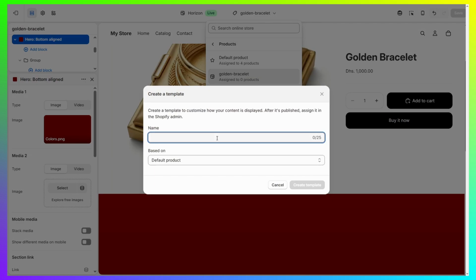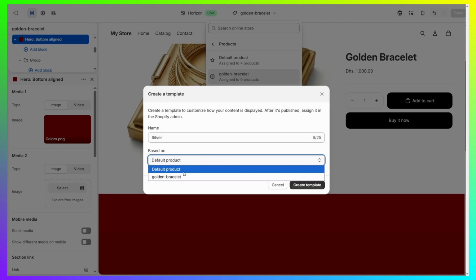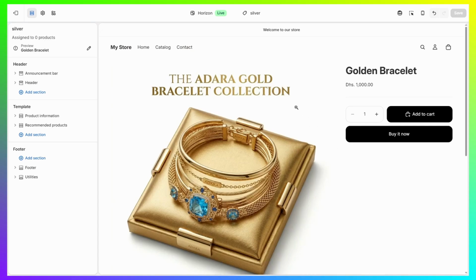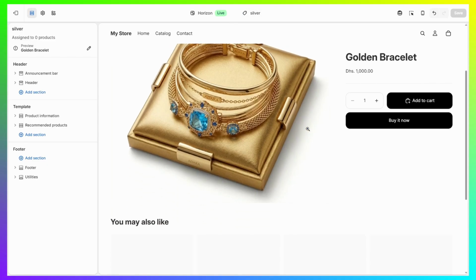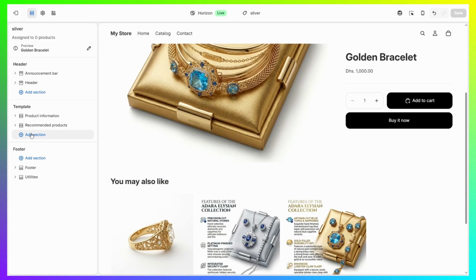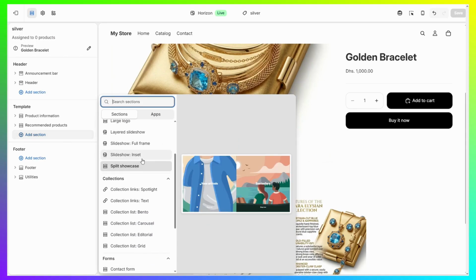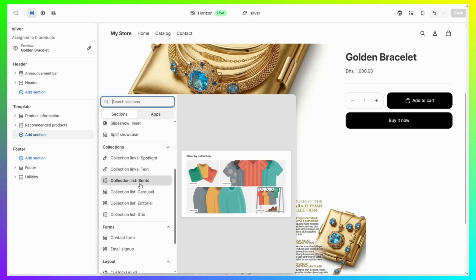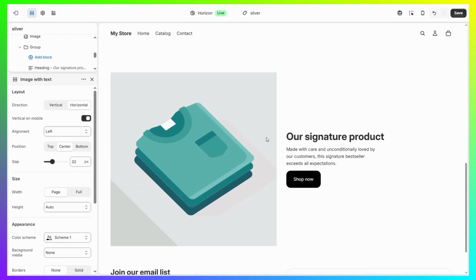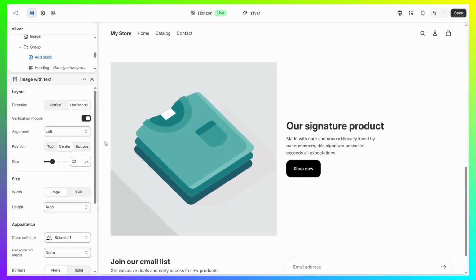And I have another product which is silver. So I'm just going to name this one silver. And again, based on the default product page. If you want to copy the other one, sure, it doesn't really make a difference, but I'm just going to do this one. And again, now you're just going to be able to create whatever you want in this page. Even if you want to add specific text, you're going to be able to, and it's just going to remain the same. So let's just say, so I added the section image with text,